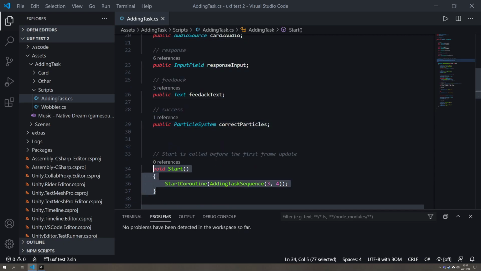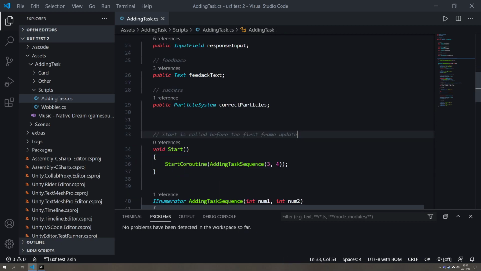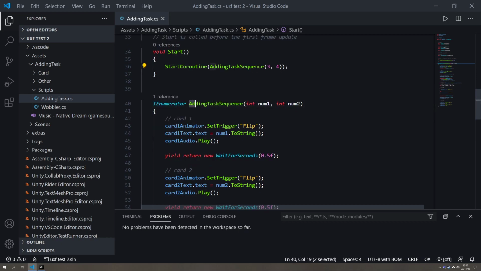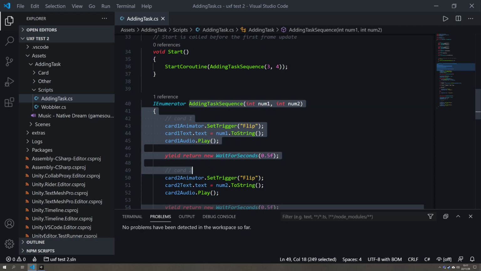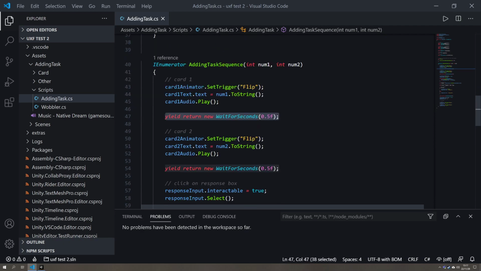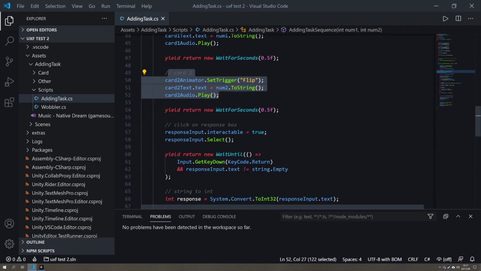When we run our task, this Start function is a Unity function that runs when the game starts, and it starts this coroutine, which is this method here. If you don't know about coroutines, it's just a special type of method that can run over a period of time rather than just running all at once. In this case, it's going to run this bit of code that flips over the first card, then it waits for half a second, flips over the next card, waits for another half a second,